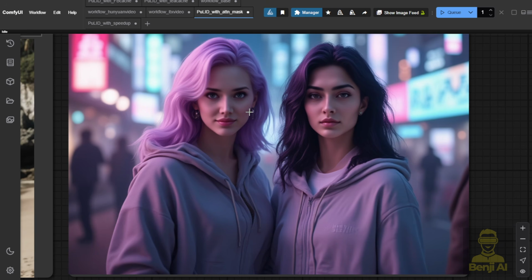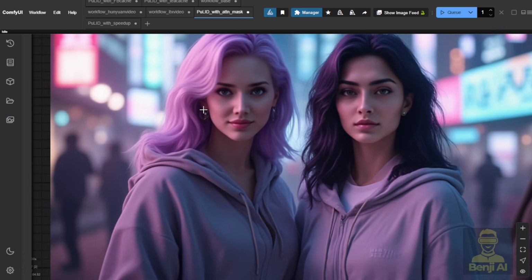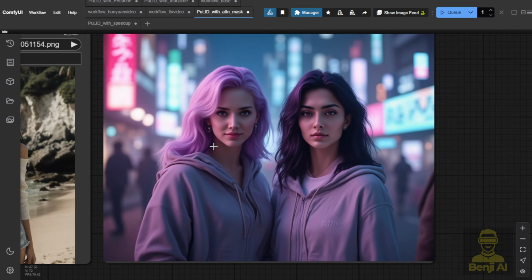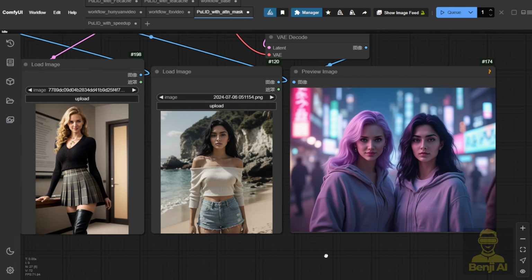However, as you can see in my examples here, the characters look more natural in terms of their faces. You won't see any borders between the face and the image, unlike with ReActor face swap, where sometimes the face isn't fully integrated and you might see pixelation around the edges, but this one isn't going to happen like that. So I think this is going to be a better performing option and is easier to install compared to ReActor